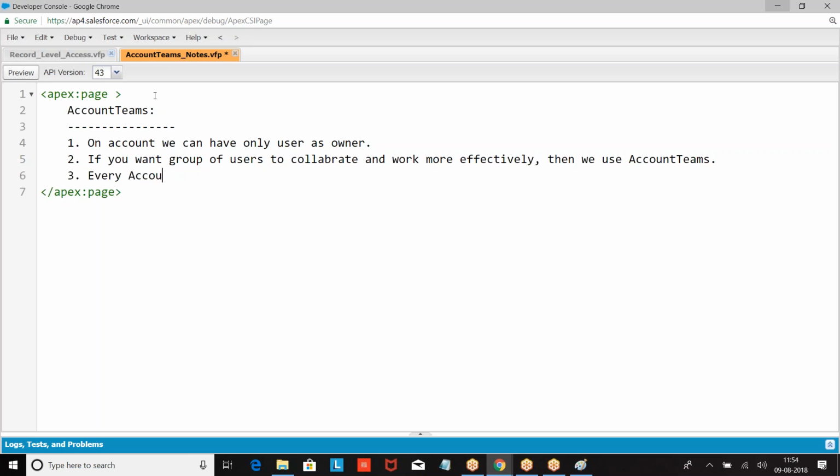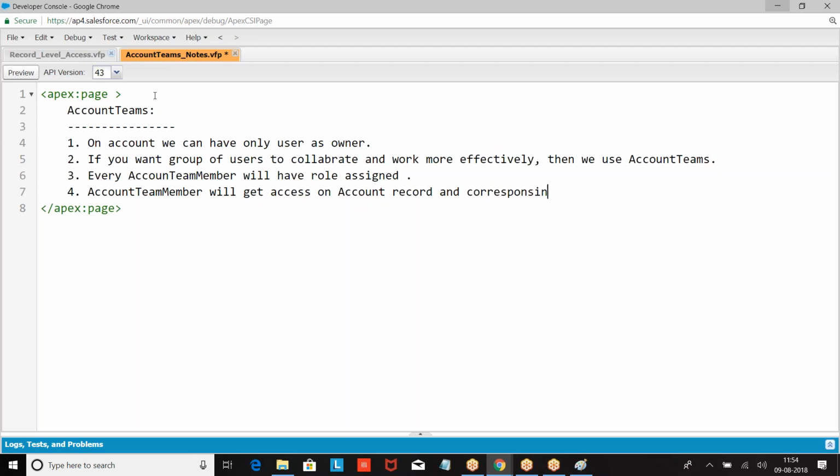Every account team member has a role. Account team member will get access on that account record and corresponding child contacts, opportunities and cases.